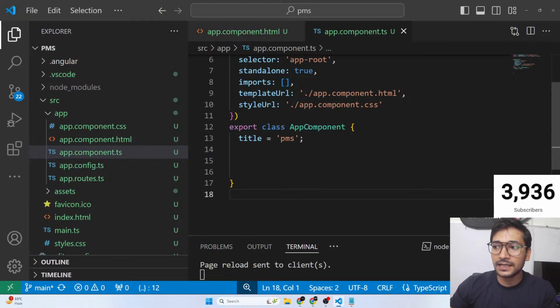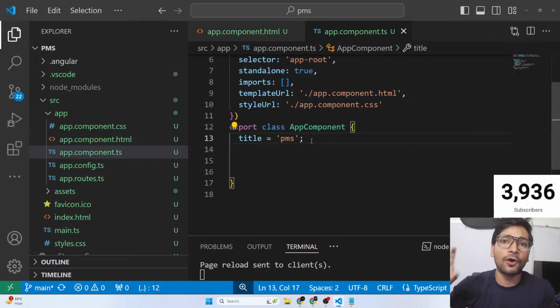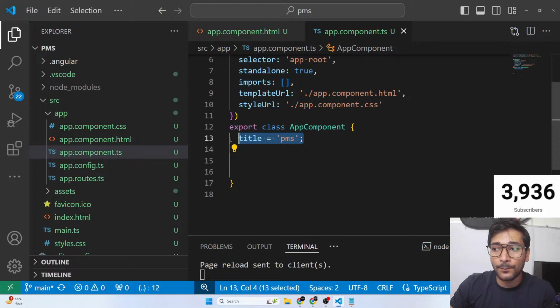In the class of that component, we create variables and inside those variables we store data. Any data that you store for that component in the TS file is considered as a state.